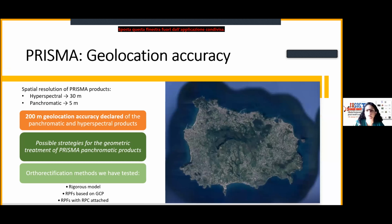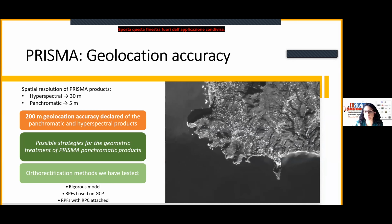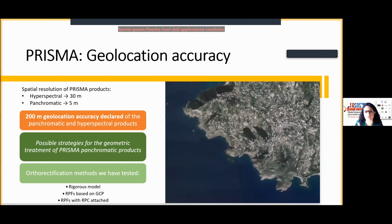PRISMA data became available since May 2020, and the studies conducted thus far focused on the possible hyperspectral application using data that has already been georeferenced. However, it's necessary to verify their geolocation accuracy. In fact, the Italian Space Agency currently declares 200-meter geolocation accuracy of the panchromatic and hyperspectral products, which it plans to improve to half pixel, so about 15 meters in the near future, by introducing a geometric treatment of the